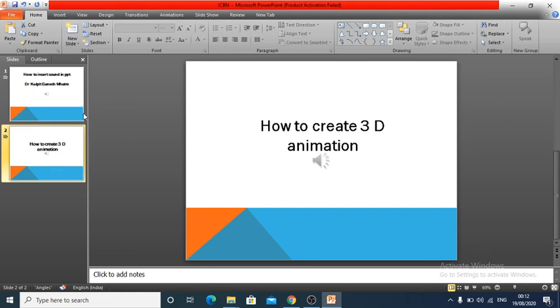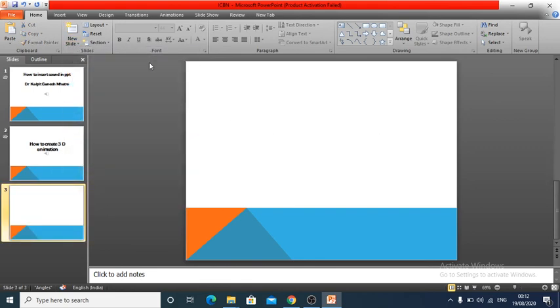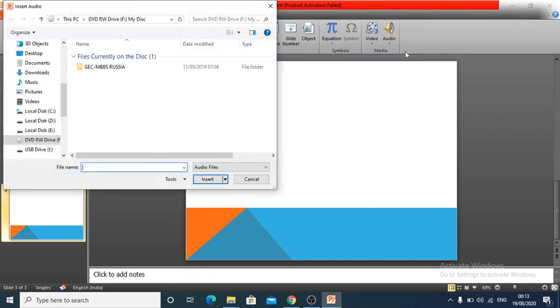So this is how you can incorporate your own voice in PowerPoint presentation. If you are having some more slides, then again you can go to your next slide, click on insert, click on audio. If you want to record your audio, then click on this record audio, start recording your audio, or if you want to import any song or any music sound clip from your computer, then you just need to click on audio from file, go to respective location, select the audio and insert.